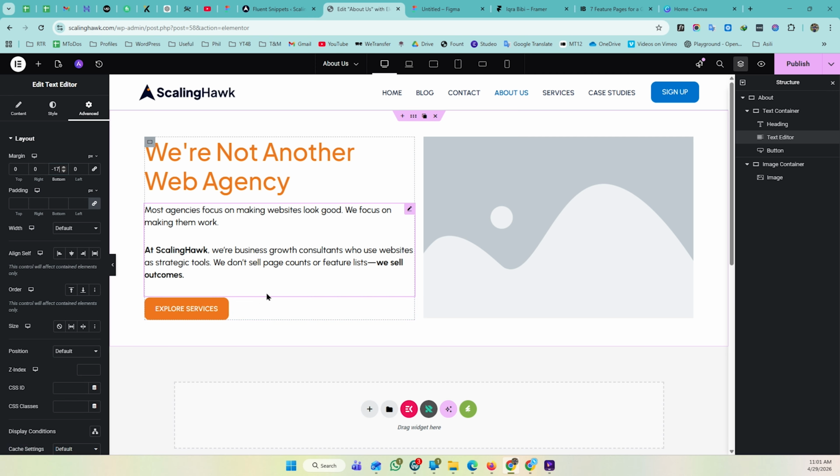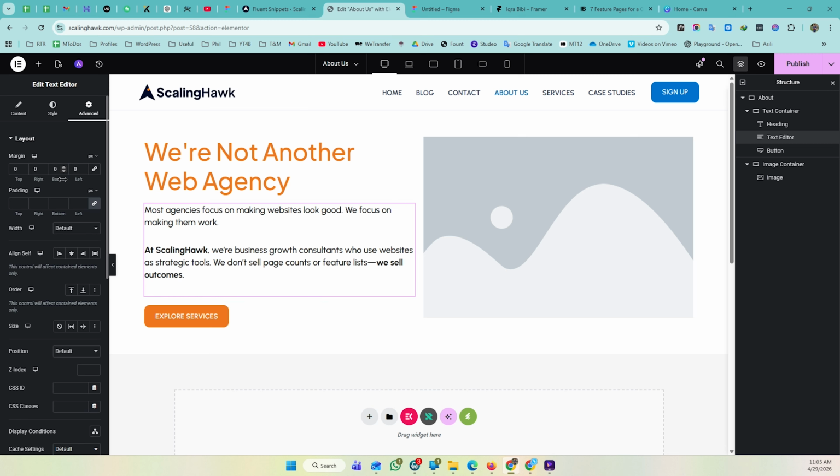You are not actually fixing the problem. You are just pushing things around to hide this. And if you have multiple text editor widgets on your page, you have to do this for every single one, which is not practical.